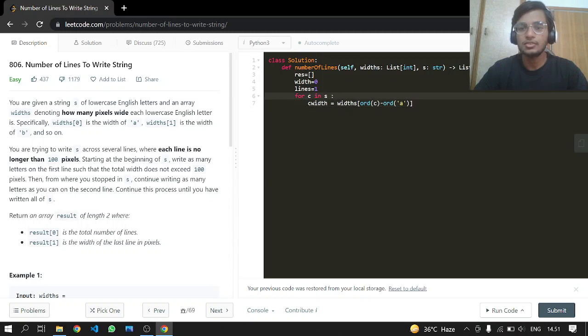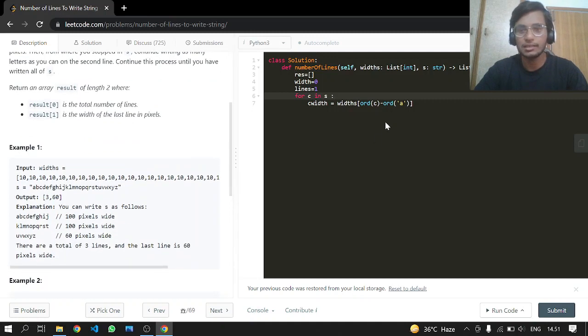So A minus A is going to return a 0, and we can take the pixel from that index. So width at 0 will give us the pixel for A. It will be 10 in this specific case. And after that, we check if the character width